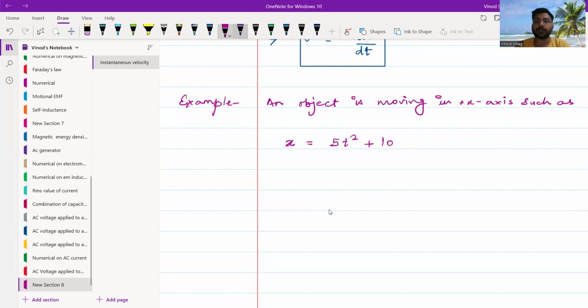This is the position of the moving object towards the positive x-axis, and it is measured in